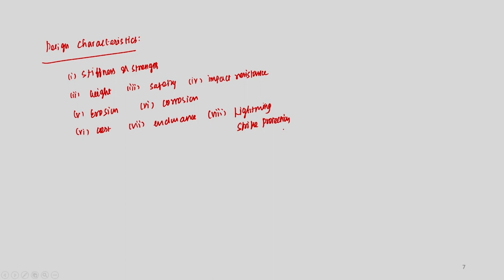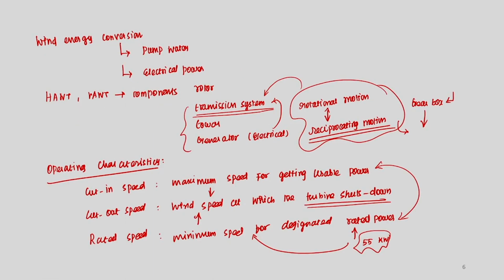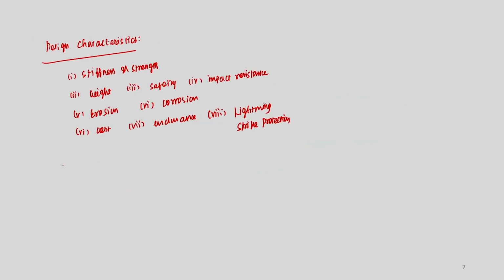So, these are all design characteristics we have seen, and these are all operating characteristics. While discussing operating characteristics, the one thing is what should be the theoretical maximum power I will be able to harvest from wind energy for any purpose, for any end use, right. So, that is what we had to do. For that there is something called Betz limit,